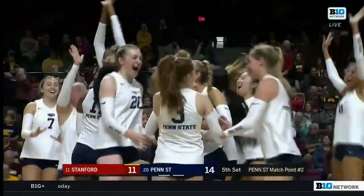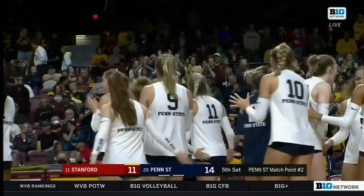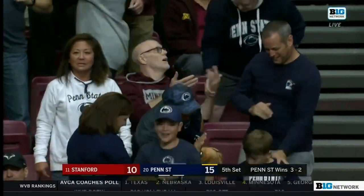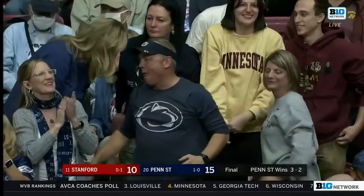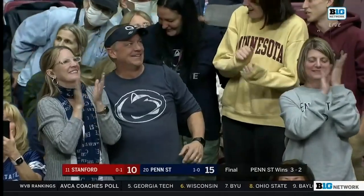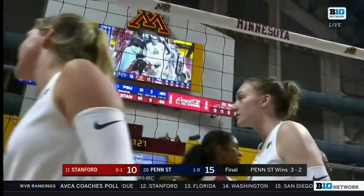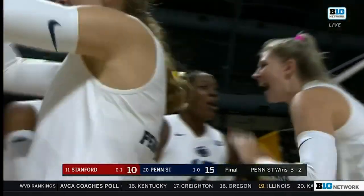Touches. Point goes to Penn State. And they win the match. Penn State upsets Stanford. A huge win for the Penn State Nittany Lions. And a great start to the Big Ten Pac-12 Challenge. And to come back the way they did, winning those first two sets, losing the next two, coming back in dominant fashion in the fifth. We've learned a lot from this Penn State